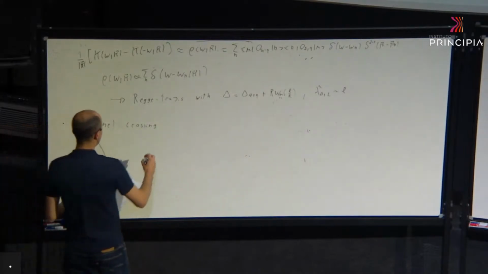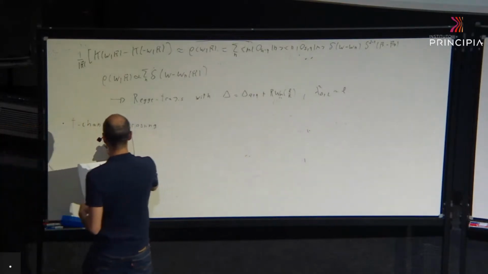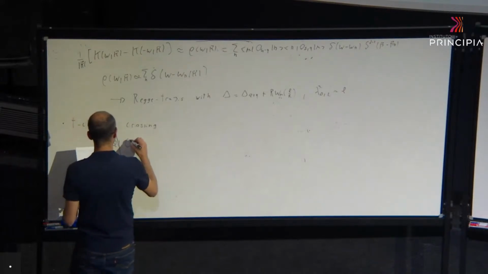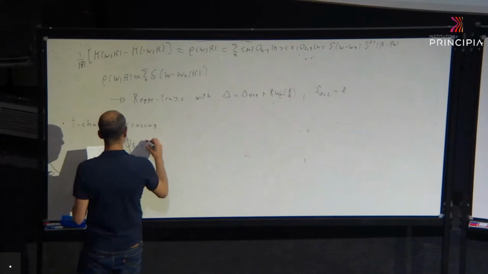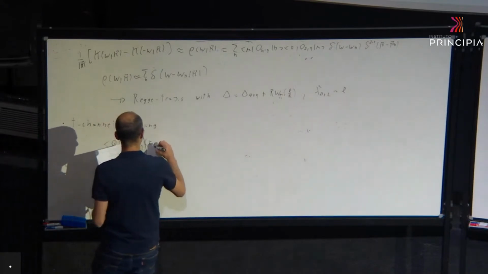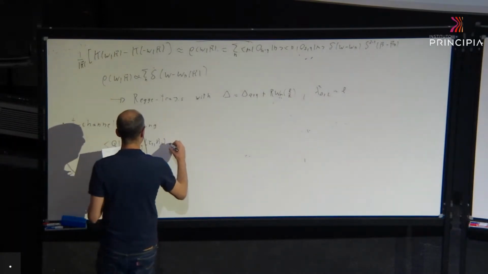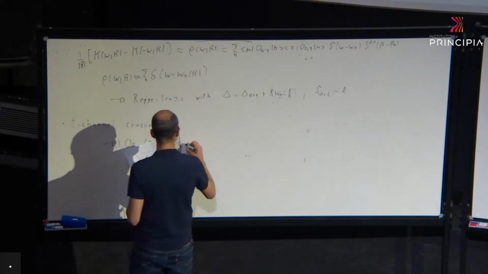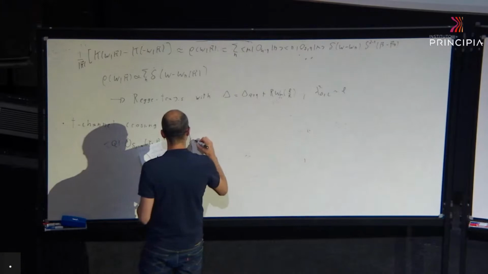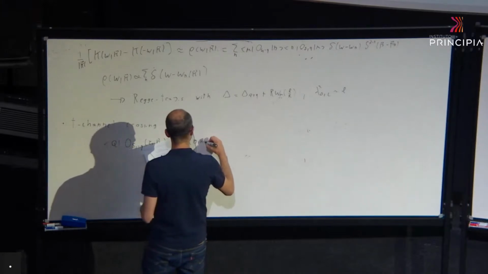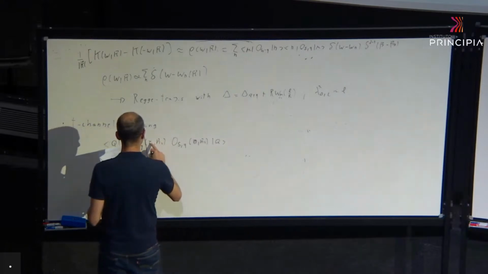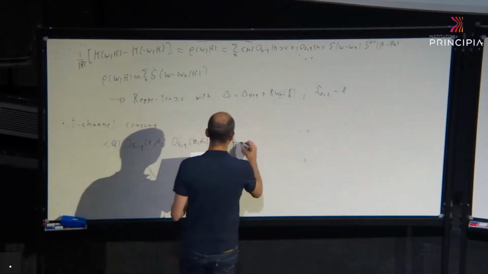So what is T-channel crossing? So now we want to understand what it does. You can go back to your 4-point function in flat space for a moment. Zero and 1. And in the macroscopic limit,